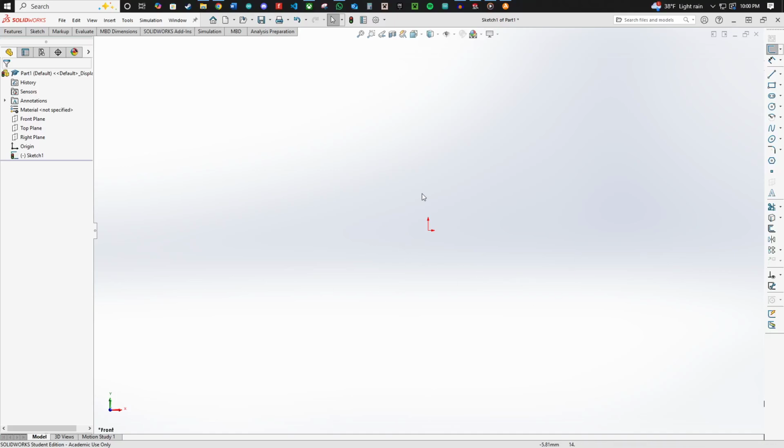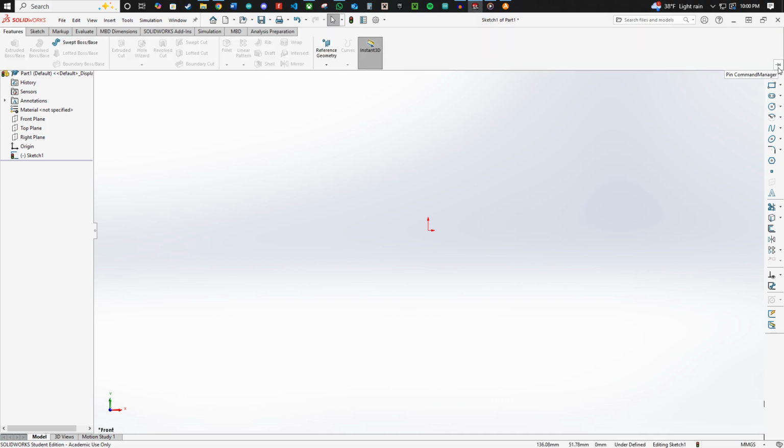Hey guys, this is a quick little video on how to make your command manager tab pop back up. Maybe you click something and you don't know what you clicked. It's really easy to make it come back up. All you gotta do is hit Features, and hit this little pin right here, pin the command